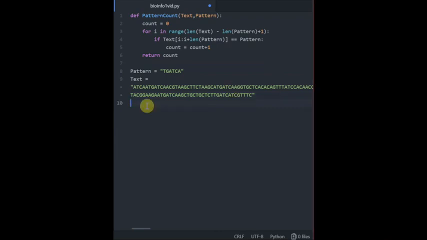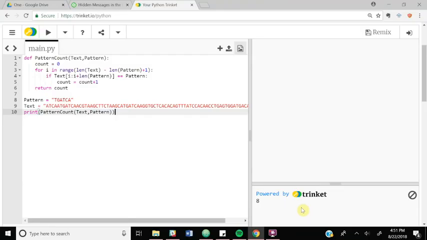Finally, we will write print pattern count text, pattern to print out the result of calling pattern count with this pattern and text. On the console, we will see the value 8 printed out, meaning that TGATCA occurs in the Vibrio cholerae origin of replication